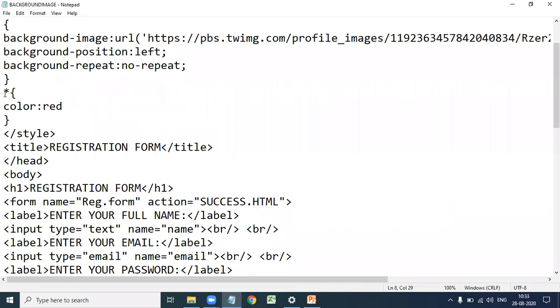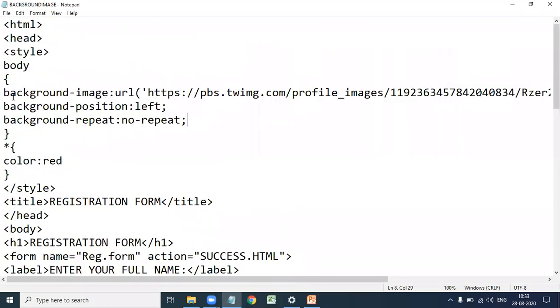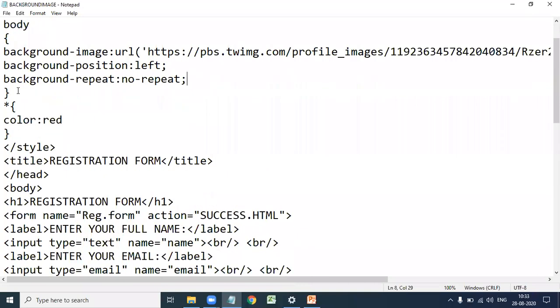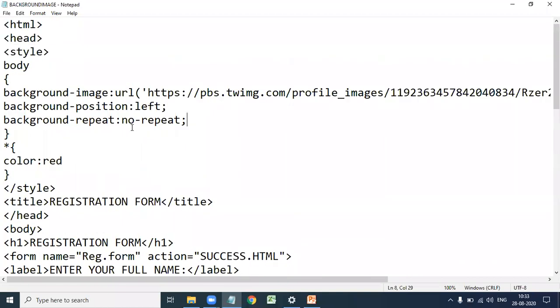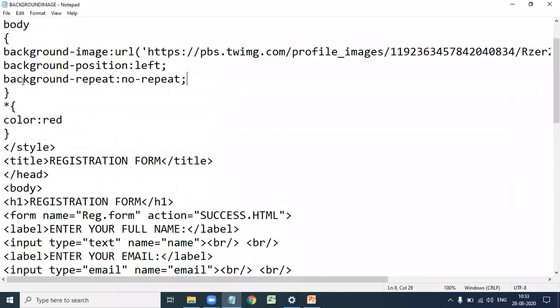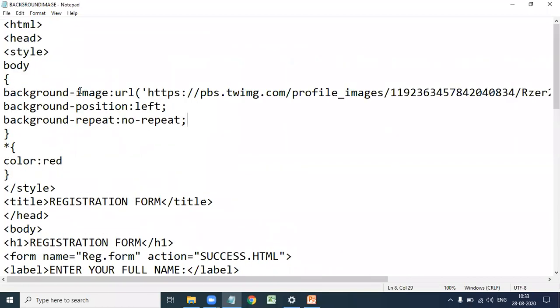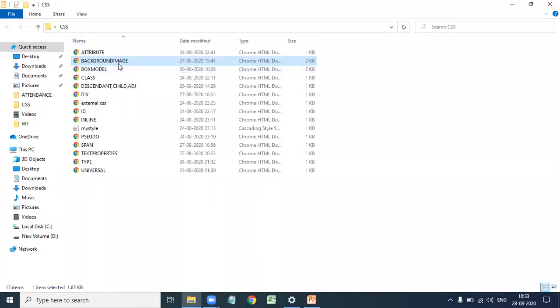Here star is the universal selector, that means we apply style to all the content in the HTML. So in this example we apply the background image to the registration form. Here background-image colon URL, this is the URL of that image. Now we execute this background image file.